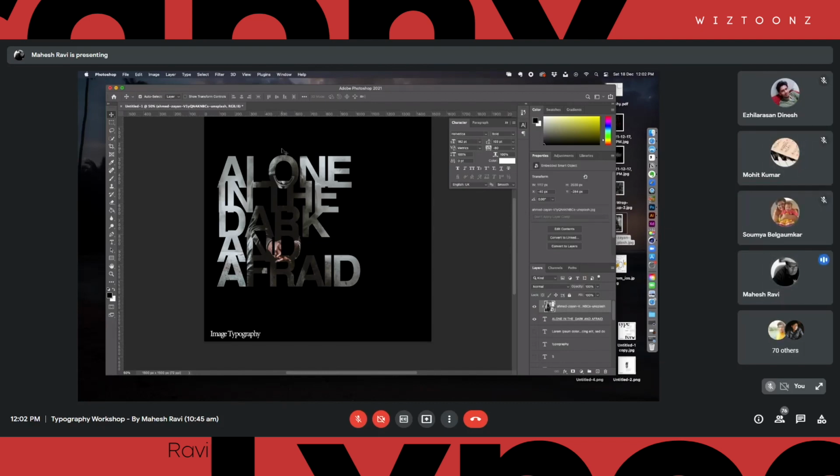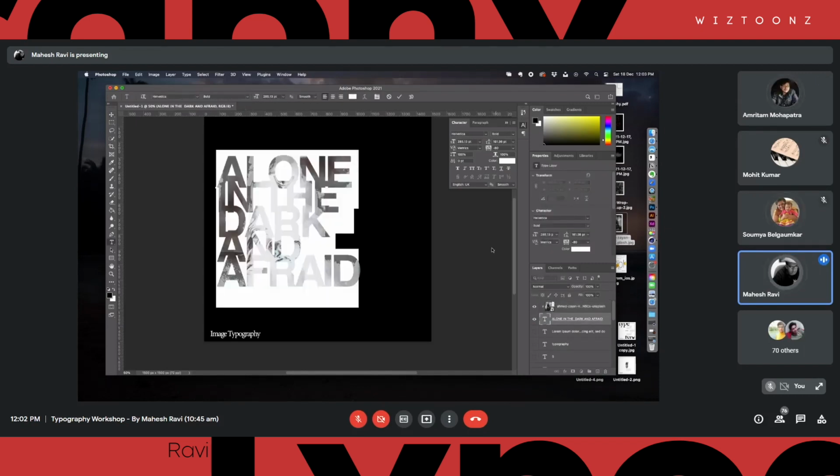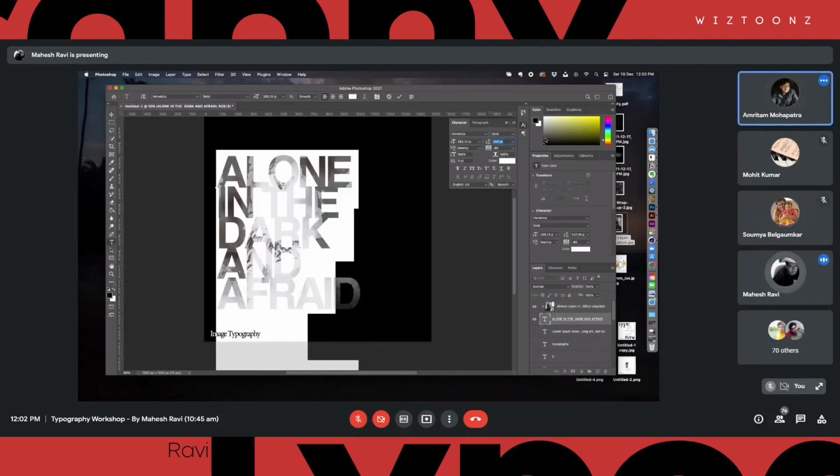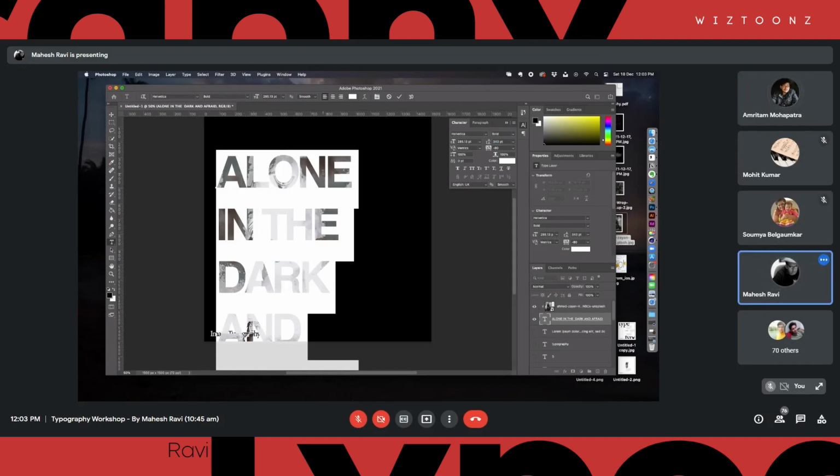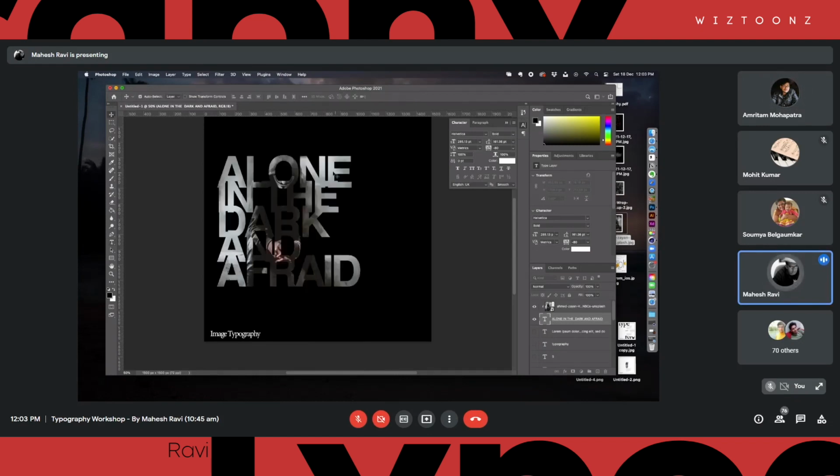Why this will not work in normal typography is that there will be separations. If we were increasing the line height for readability, the image would be disrupted. The image will not flow in one particular space; it will be separated. If I just increase this gap, the image is going to be broken like this. But we are trying to show the image in one particular connection, so everything is connected here. Because of that drama in the background, people are going to read what is written there.